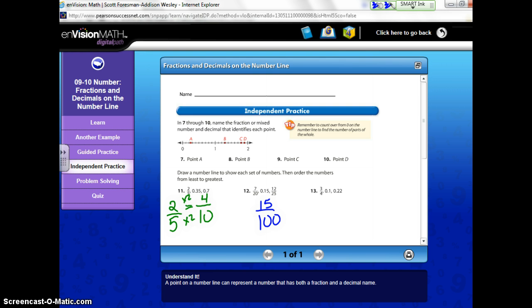Great, we're good, right? So now we have 7/20ths, 15/100ths, and 12/25ths. They're all fractions, but we can't compare them because they all have different denominators. Can you think of a denominator that would work for all of them? 100. That's right. So let's change